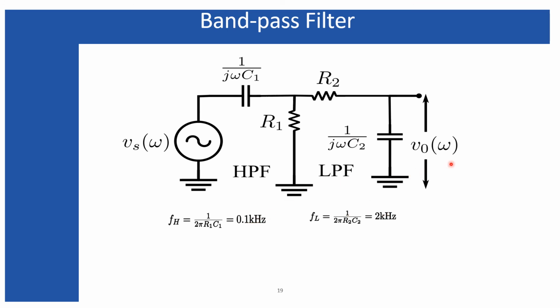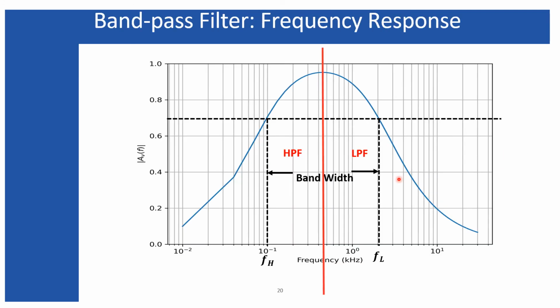So let's see how the frequency response should look. Look here. This is 0.1 kilohertz and this is around 2 kilohertz, and within this range, this is the cutoff frequency due to the high pass filter, that is why I've denoted it as FH, and this is the cutoff frequency due to the low pass filter, that is why I have denoted it as FL. Don't be confused that this is the lower cutoff frequency and think this is the higher cutoff frequency. It is not. This is the lower cutoff frequency.